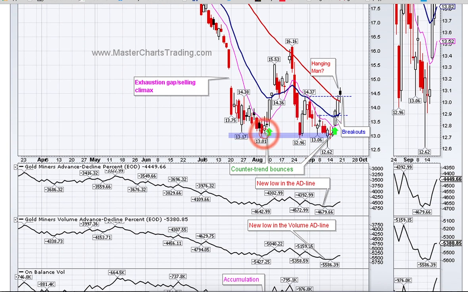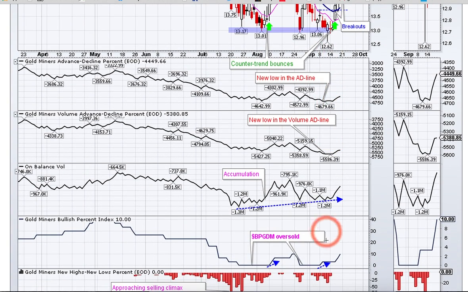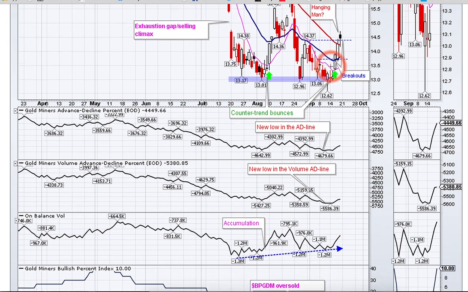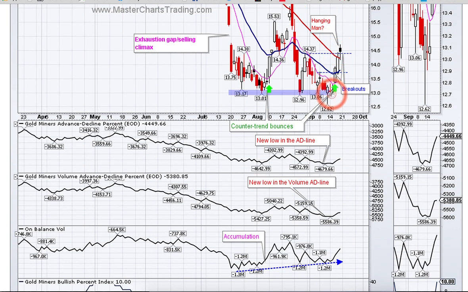So we had 1, 2, 3 very nasty retests of this support. In fact, the price really punched through it to below the support, but it didn't close there. In fact, it closed above it. This was also one of my signs that something was really afoot, and the sellers and the short sellers really could not push the prices lower. And right here again, bullish percent index went to 0, but then it went to more than 0. So we had another nice rally here over this past week basically.